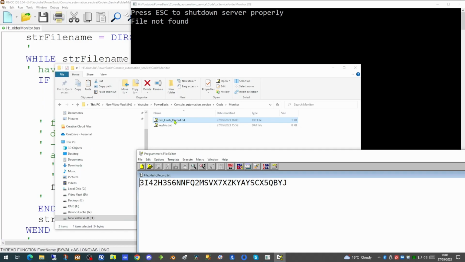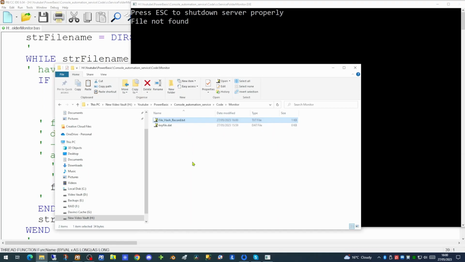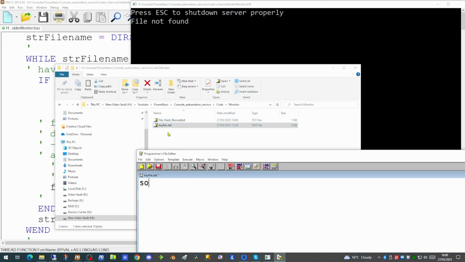As the hash value is generated based on the content of a file, if we then go in and change that content, it will consider it to be a new file. Although it has the same name, the content of the file has changed. So if we open that file up, put some data into it, and hit the save,